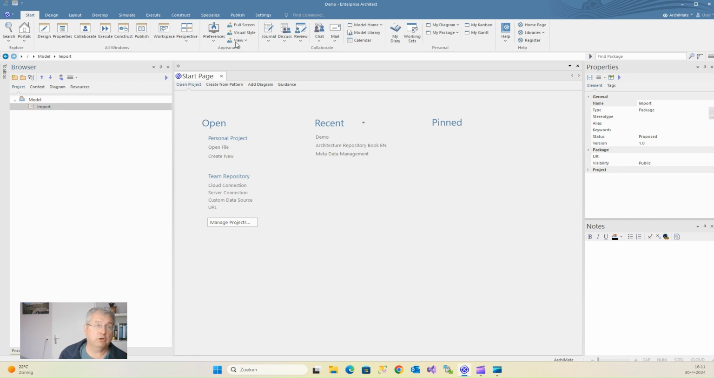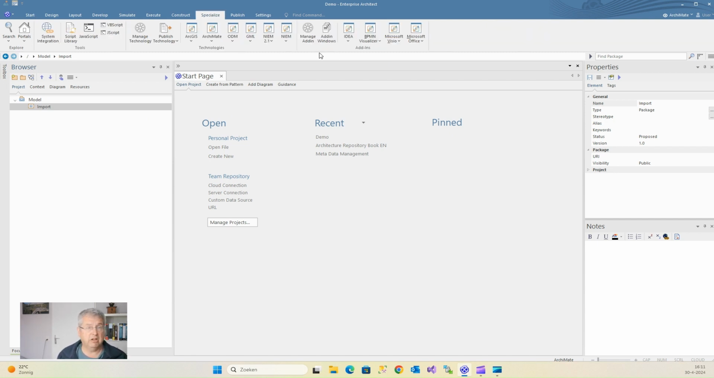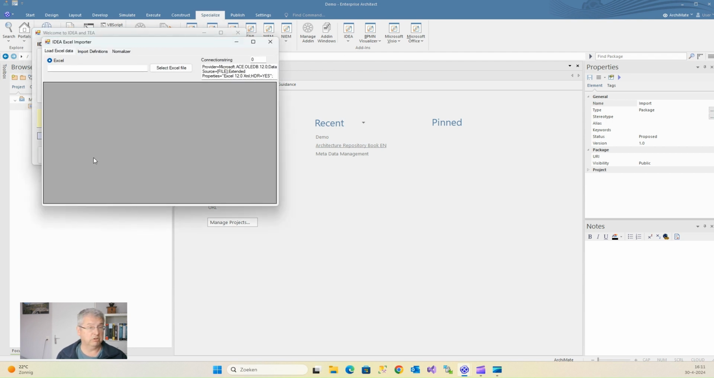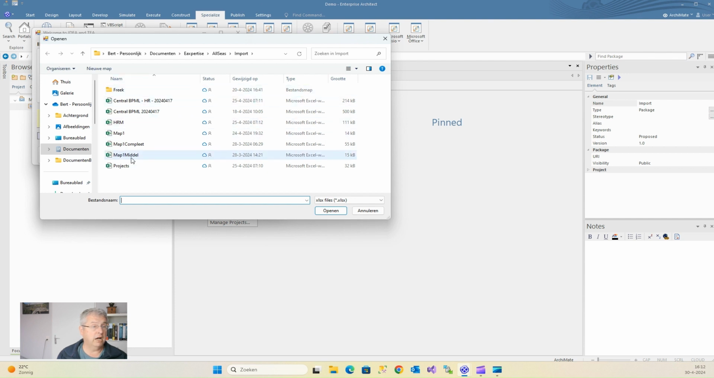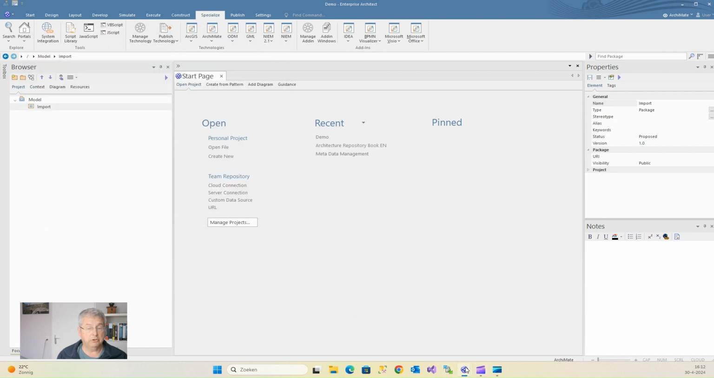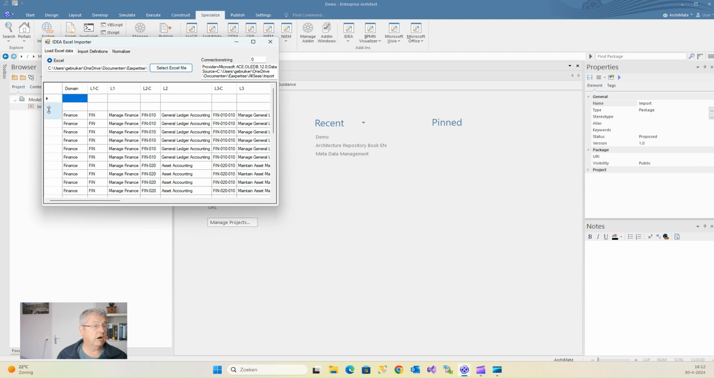The first step I'm going to take is I go to Specialize, to the IDEA add-on, then to the Assistant, and a little bit hidden, but then you see there is the Excel importer. You need to have the ACE driver ODBC installed to get this working, and once you have done this you are able to select an Excel file. So let's do so. I select here a folder with some material,